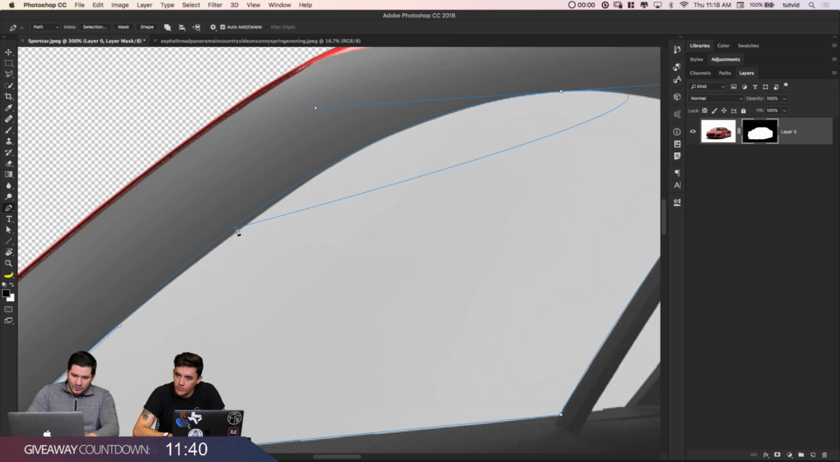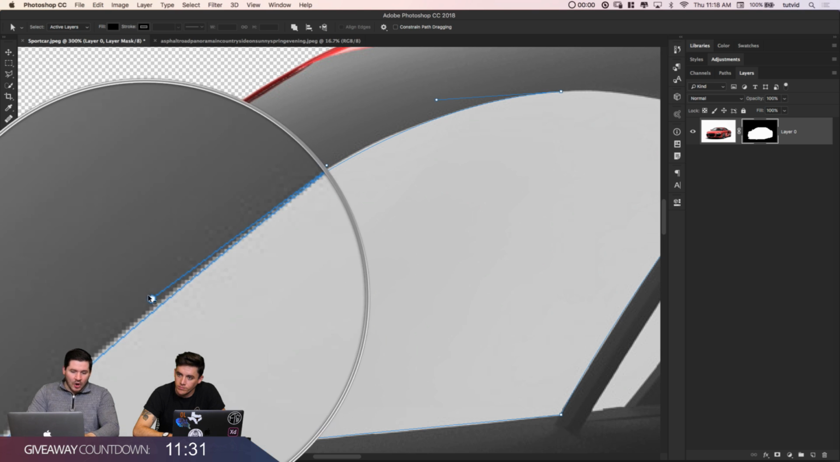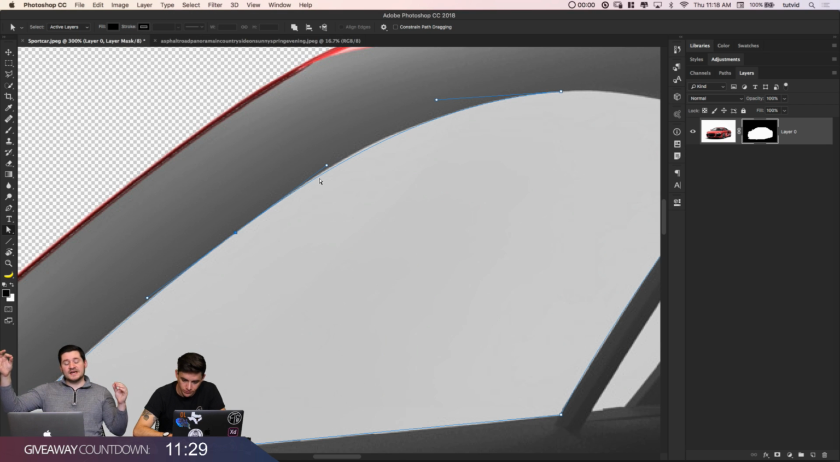You can just grab the pen tool. We can add another point right there. And I can grab the direct selection tool and say, look, you point right there, just correct this issue for me, will you? Yeah. And Photoshop automatically gives you these long tangent handles sticking out,